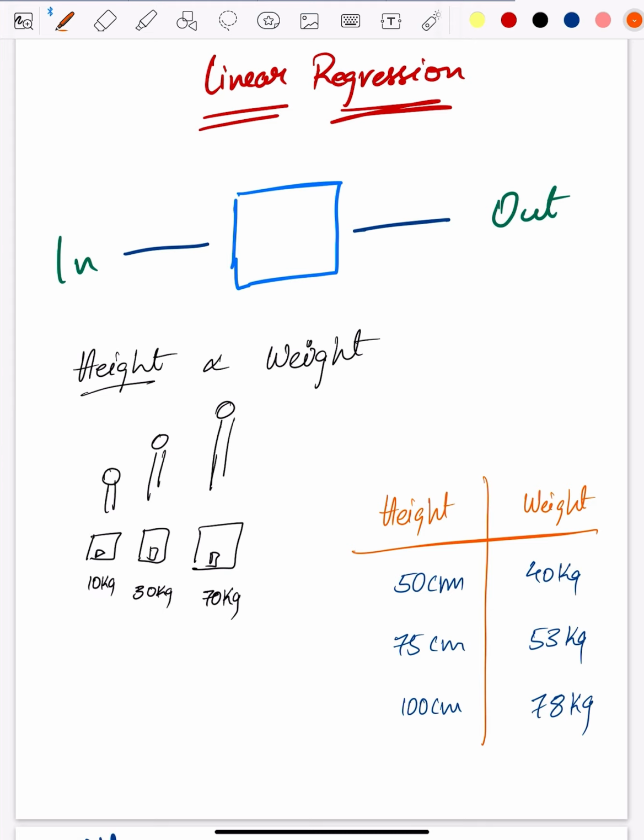So, what is linear regression? Before that, what is machine learning? Machine learning is nothing but teaching a machine to do what humans do, like teaching a small kid. For instance, if you have images of cats and dogs and you want to teach a small kid who has just been born, what do you do? First, you show him a lot of cats and dogs, right? Show him, this is a cat, this is a dog, this is a cat, this is a dog.